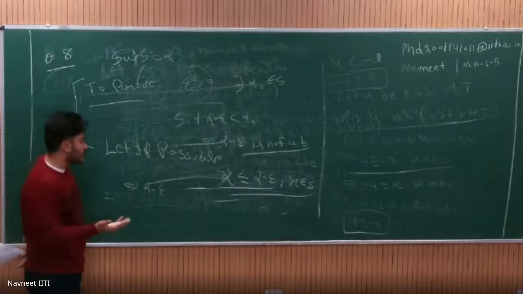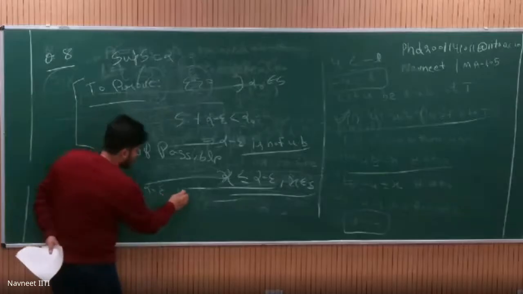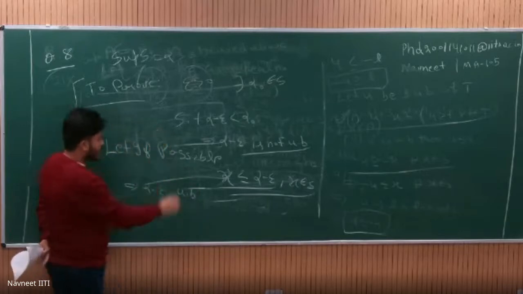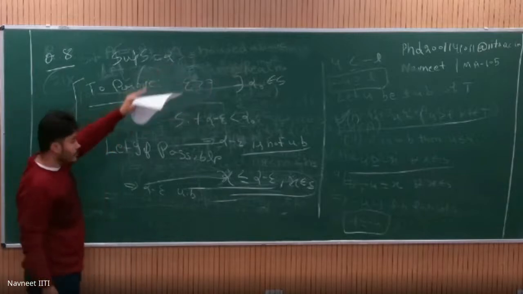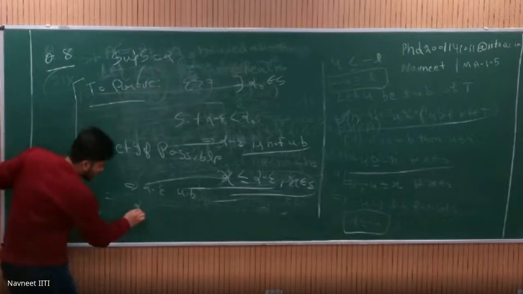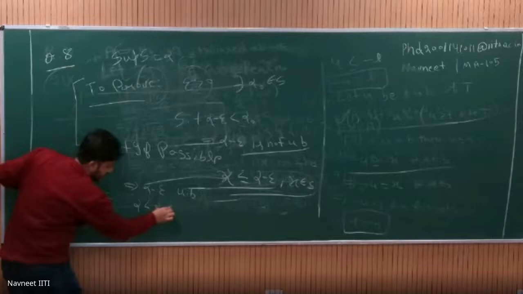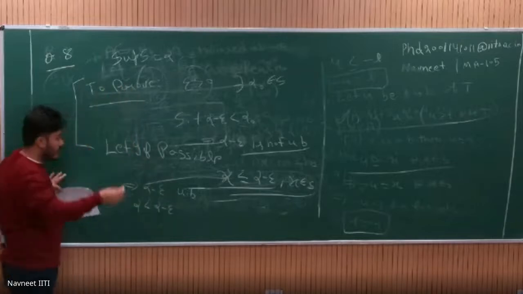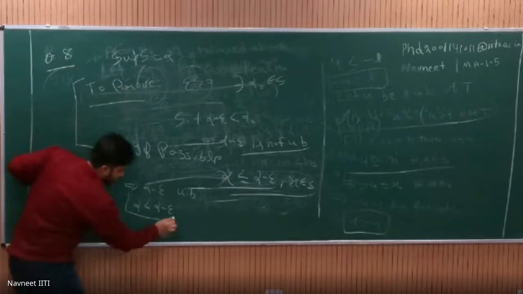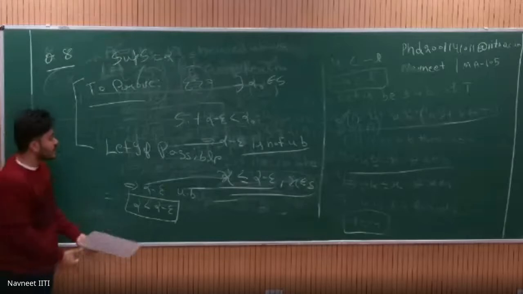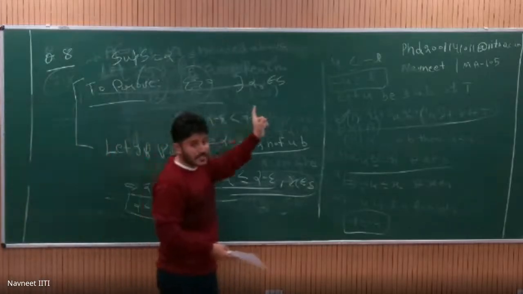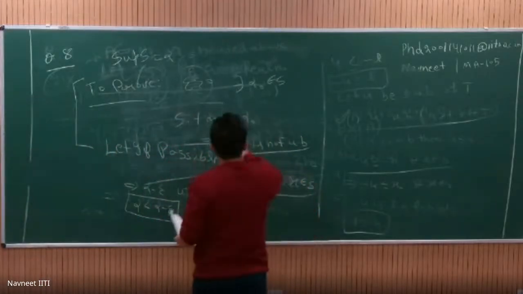Alpha minus epsilon is what? Upper bound. This is an upper bound. But alpha is the least upper bound. This means what? Alpha must be less than alpha minus epsilon, because this is the least upper bound. Is it true that alpha is going to be less than alpha minus epsilon? Contradiction. That means there must exist an element in S naught which is going to be greater than this